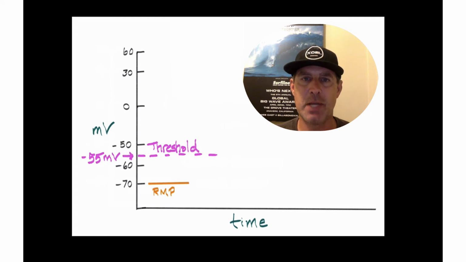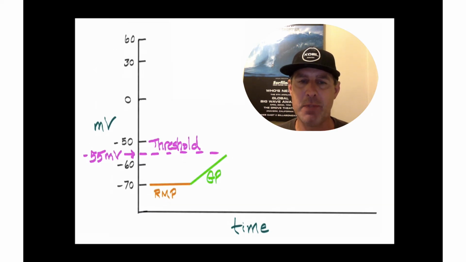the first sodium-gated channel at the beginning of the axon must reach negative 55 millivolts to cause that all or nothing event, which is the progression of that action potential from the axon hillock all the way down to the axon terminals. Once again, that voltage is negative 55 millivolts, which is caused by a graded potential, which we see